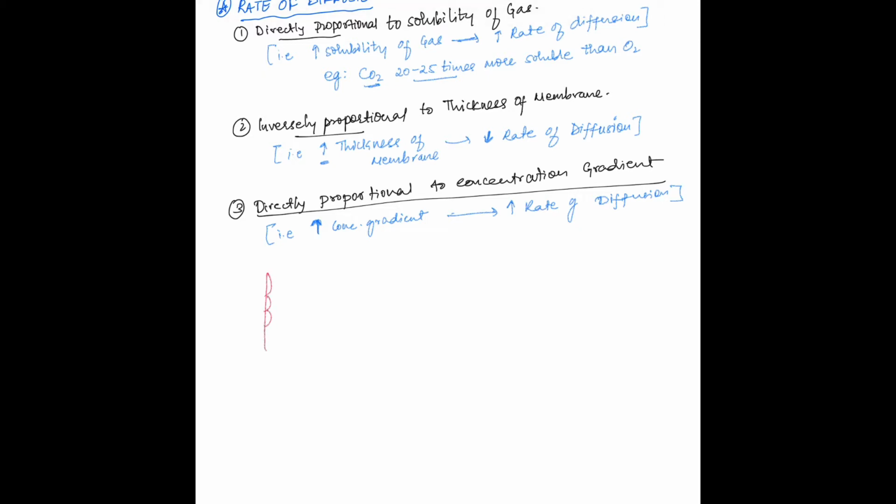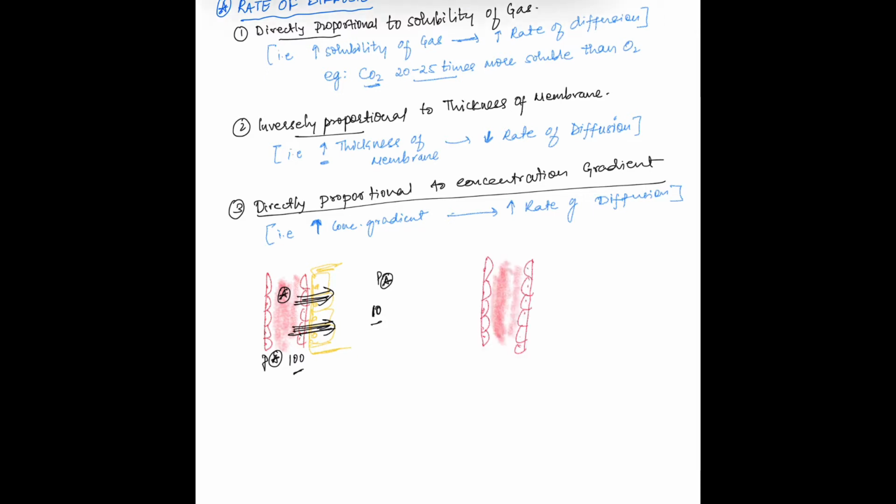For example, let's assume that there is a soluble substance which can cross the membranes by simple diffusion. Let's call this substance, substance star. And let's assume its pressure in blood is 100 and its pressure in the tissues is 10. So because of a large gradient, the rate of diffusion of this substance will be very high.